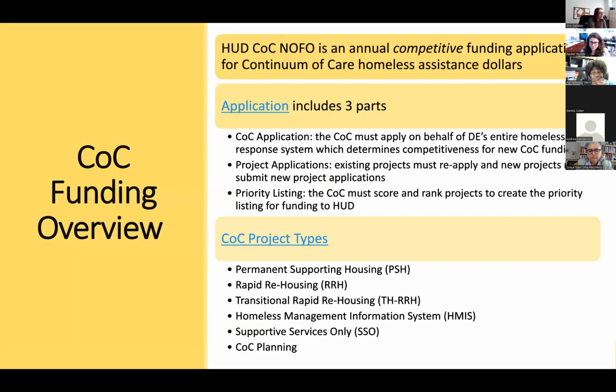So the first thing we're going to look at in terms of COC business is COC funding. This is just a little bit of an overview of COC funding for those who might not be super familiar. HUD COC funding is an annual competitive funding application for the type of homeless assistance dollars that this funding stream offers. The application has 3 different parts: the projects, the existing and new projects that apply, the COC's application, which is on behalf of the entire community, and then the COC has to rank and score projects in order of priority